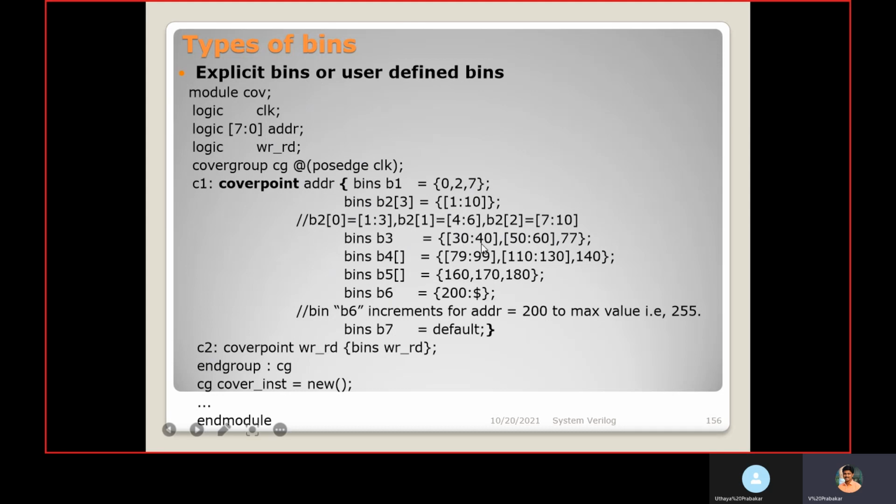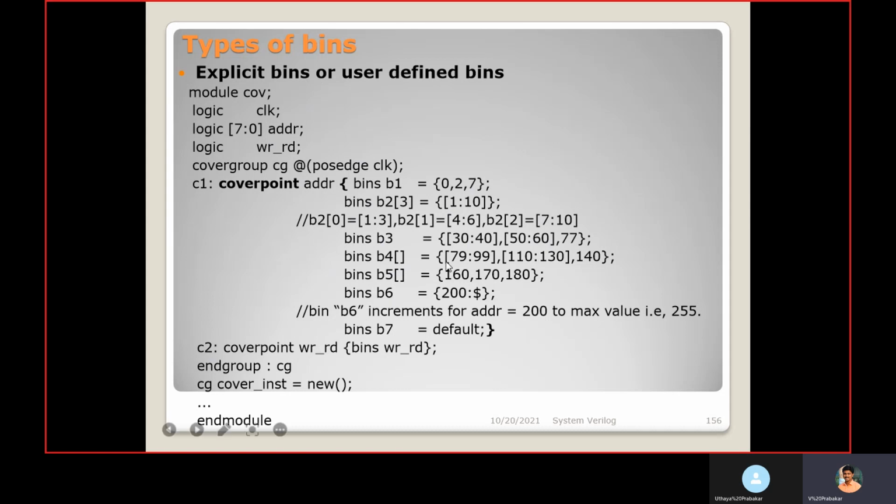Then a range of values we can mention like this, between 30 to 40 or 50 to 60 or 77. When these values are received, this B3 bin will get a hit. Then we can mention B4 as an array of bins, so automatically it will create 3 bins, B4 of 0, B4 of 1 and B4 of 2.